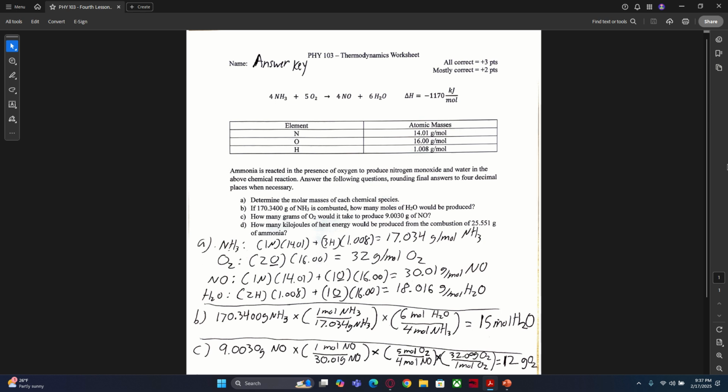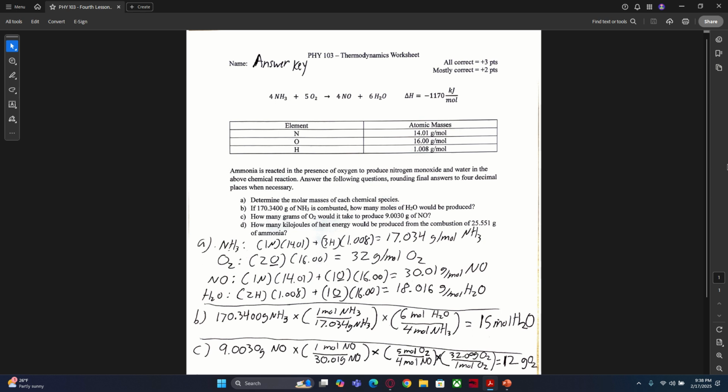Here we also have a chart of our different atomic masses for our relevant elements. Nitrogen at 14.01 grams per mole, oxygen at 16, and hydrogen at 1.008. For these questions, basically, ammonia is reacted in the presence of oxygen to produce nitrogen monoxide and water in the above chemical reaction. Answer the following questions and, when necessary, round answers to 4 decimal places. That means if the answer you calculate goes beyond 4 decimal places, just round to 4. If the answer you calculate is less than 4 decimal places, then just use what you calculated for this basic